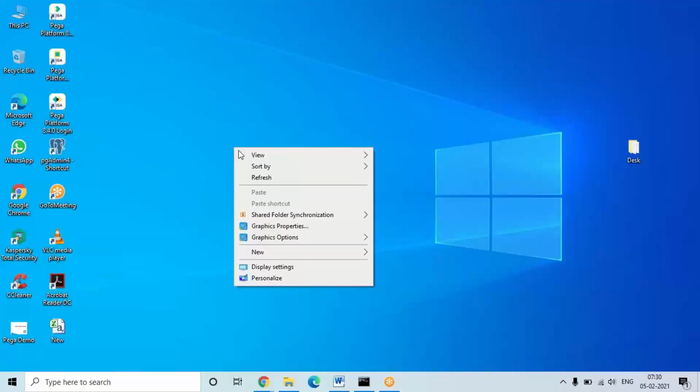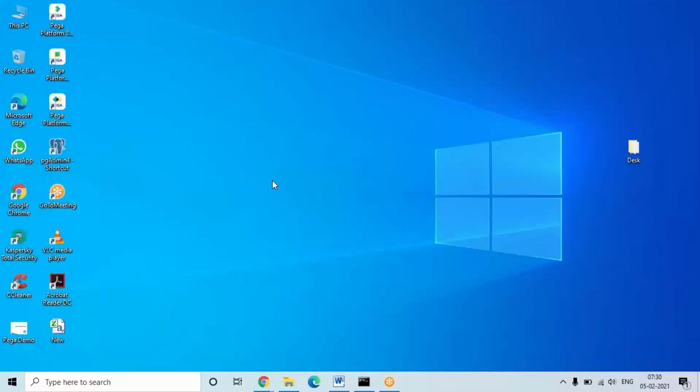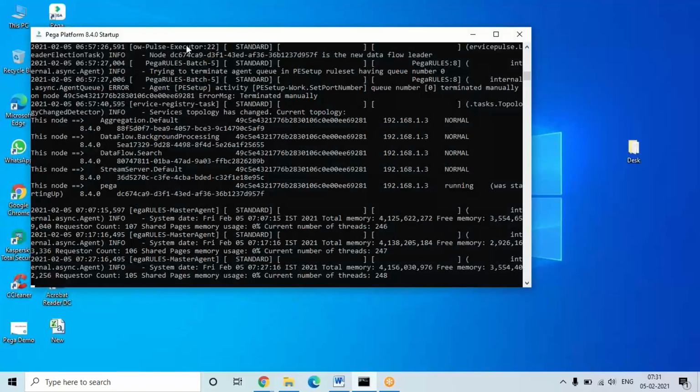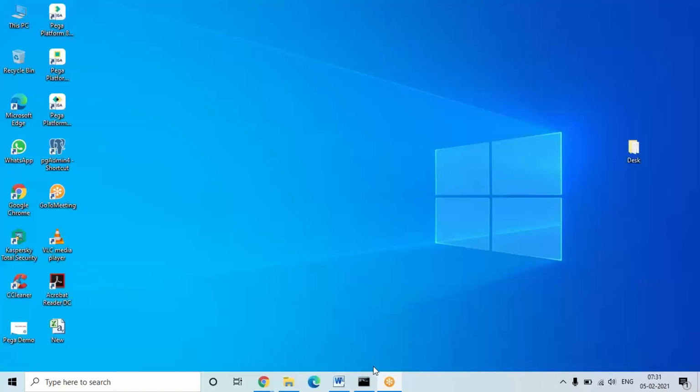Once this installation is completed, we need to do some configuration called localhost configuration, or we can say pgadmin4 configuration. After installation we have to do that, and for that your platform must be running. Your startup platform must be running in the background. Whenever you are using pgadmin, or even if you want to open the application, it will be running in the background. So just minimize that and it will run in the backend. Now, what is that pgadmin configuration, or localhost configuration? I'm going to discuss that now.